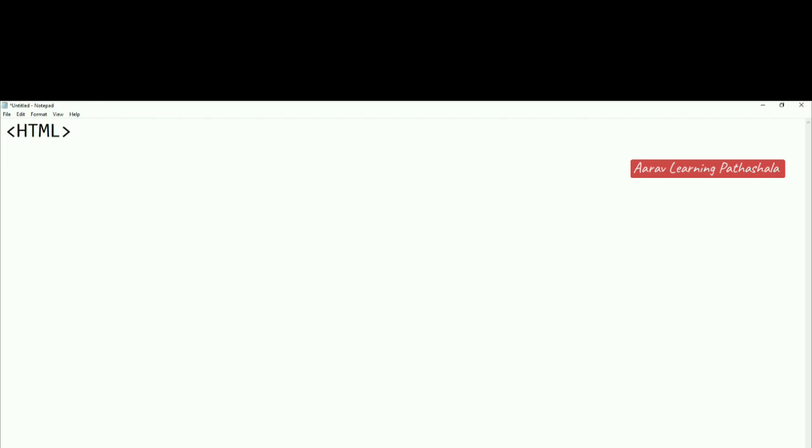Under this we have the head tag, and under this we have the title tag. Whatever we are going to write inside that title tag will appear in the title bar of the web browser window.